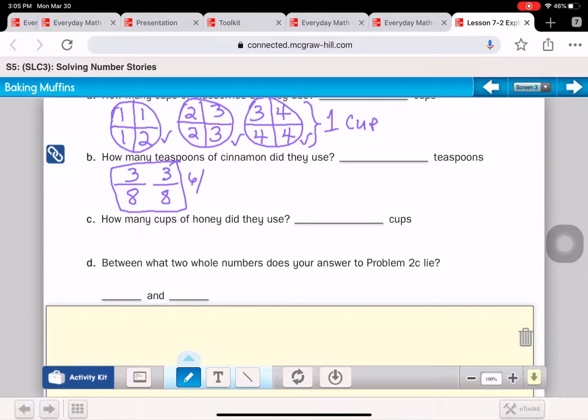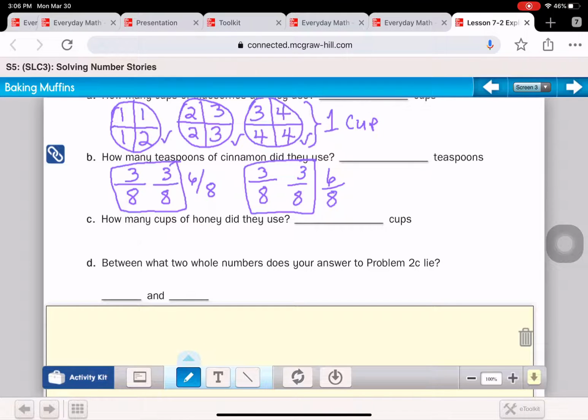I'm going to write it over to the side here because they don't give me much work room. So that's 2 recipes worth. And if I do 3/8 and 3/8 again, that's my third and fourth recipe. That's another